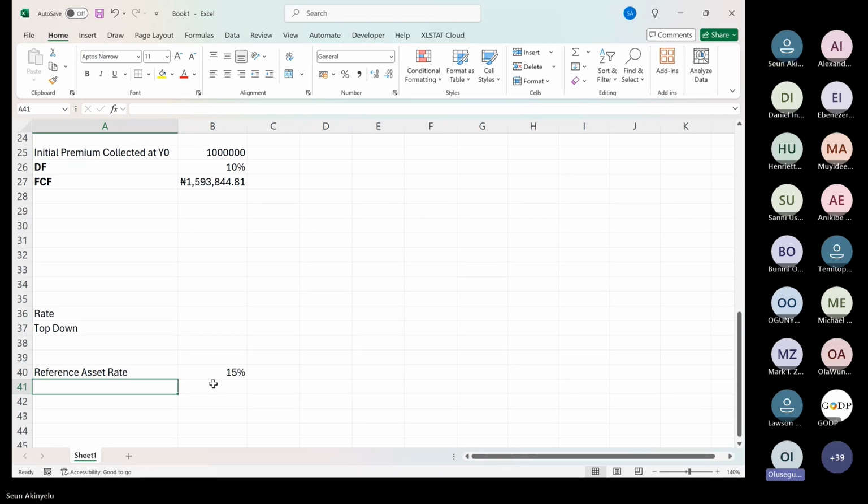Okay, yes, but you are assuming that there's only one asset class. I said even with that, you can do an average, a weighted average. So let's even assume it's one, or you do a weighted average. I'm just assuming that for simplicity. So you can do a weighted average of that particular portfolio. So let's assume it's 15, meaning that I've done the weighted average and all that, I have 15, so that it's easier when I'm going to do this.